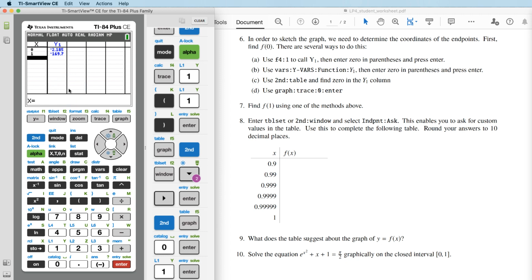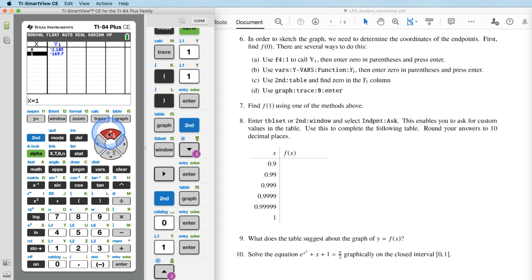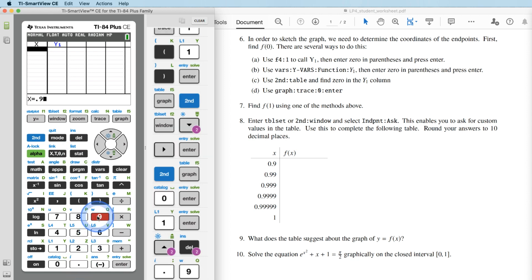So this is really useful if you need a number that's not like 0, 1, 2, 3, 4, if you need some other value, or if you need several values that are not evenly spaced, like what we see in question number 8. It's asking us to find f of 0.9, 0.99, 0.999, 0.9999, and so on. And so I can, here, let me just delete what's already there and just type what I need. So I need 0.9, enter,